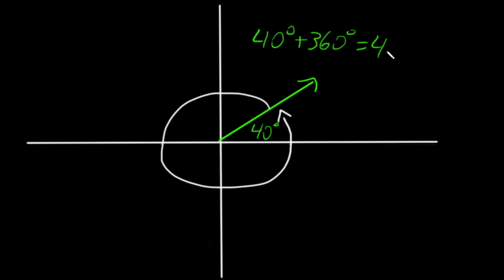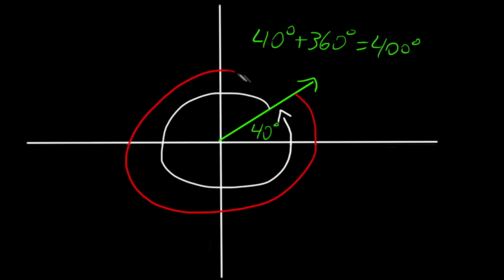angle of 400 degrees. If you want a negative coterminal angle, we would have to go clockwise the other way from the same terminal side, go all the way around, which would mean to subtract 360 degrees to get to the same spot. In that case, we can do 40 degrees minus 360 degrees and get a coterminal angle of negative 320 degrees. Therefore, if we were starting at 100 degrees and we need a positive and a negative coterminal